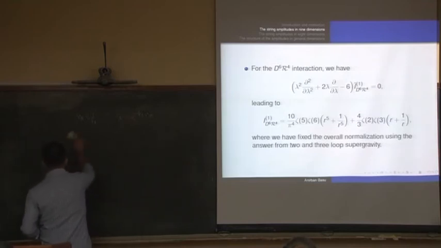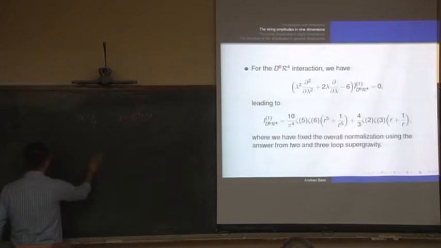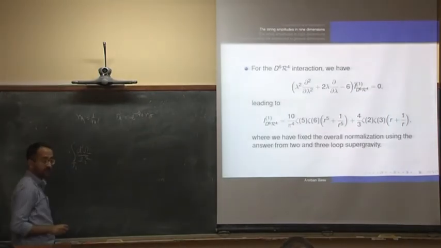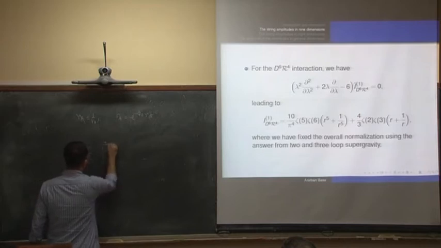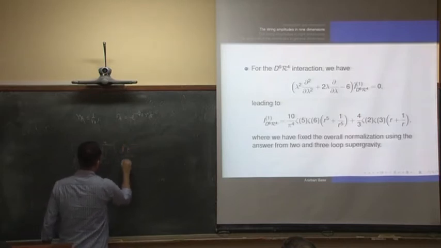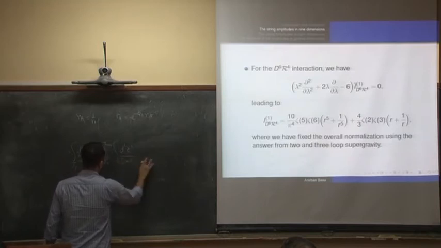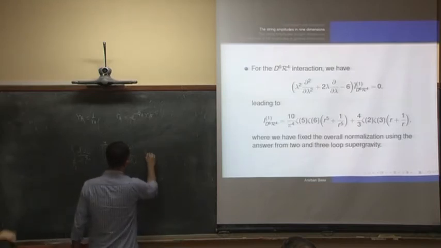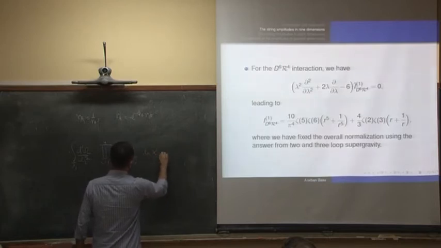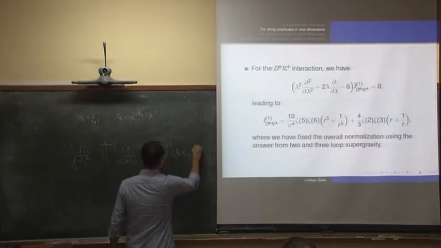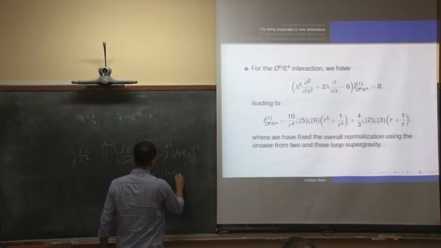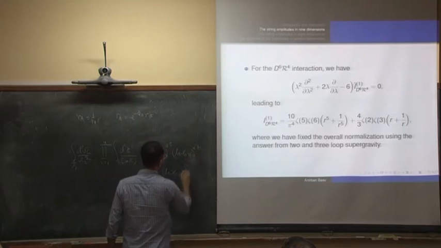One loop actually wants you to do the integral. The one loop expression actually has this d^2 omega by omega_2 squared integral over the fundamental domain. To start with, this is a complete expression to start with: the product over these four vertex functions, each of them integrated over the toroidal worldsheet. Then you have log I_12 to the alpha prime s, log I_13 to the alpha prime t, and log I_14 to the alpha prime u.